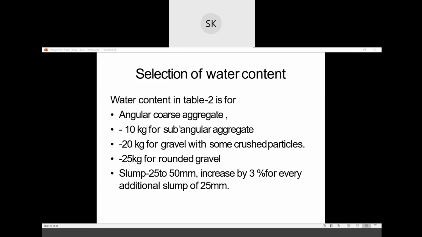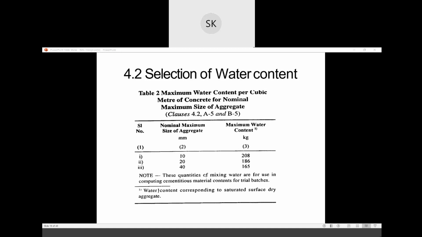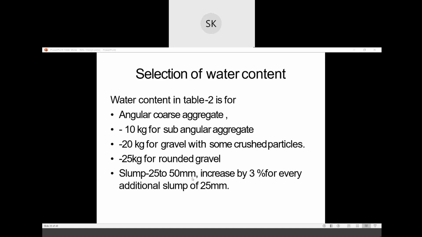So this table is for a slump range of 25 to 50, but the question says the slump of the concrete should be 75. So what I have to do is increase the percentage of water by 3% for every 25 mm increase. Understood or not this point?